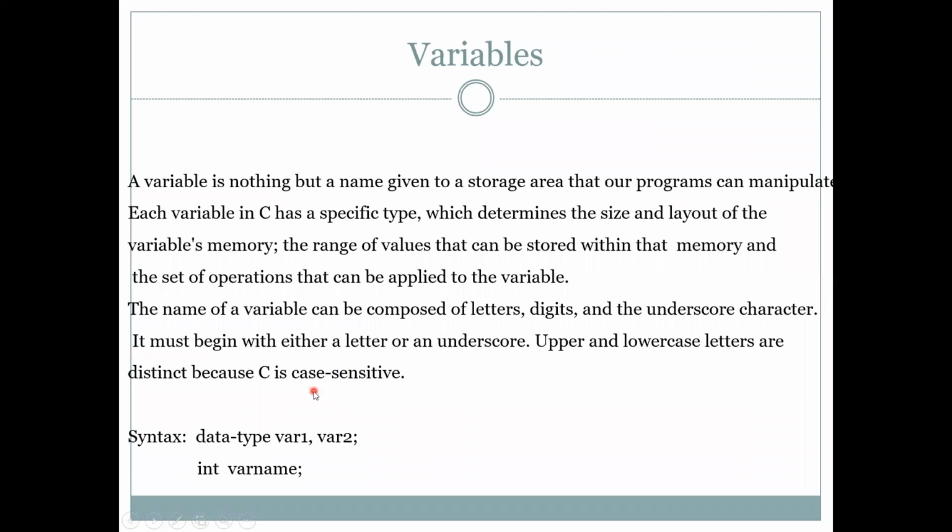Okay. So what is the variable? Variable means whose value varies during the program execution. Okay. So the declaration of a variable involves the name of the variable and its data type. Okay. Data type means what we already discussed: integer, character, float, and double. Okay. So here integer is the data type.